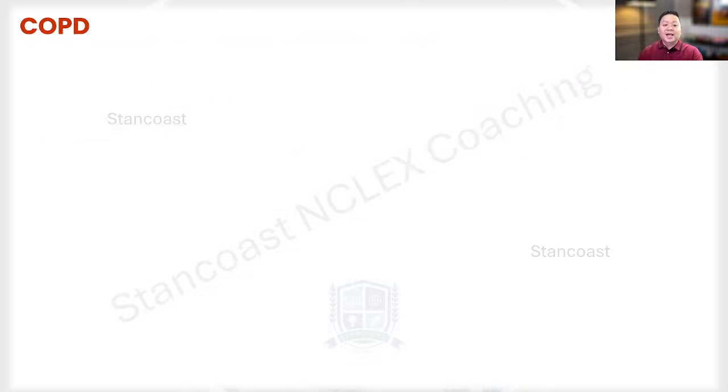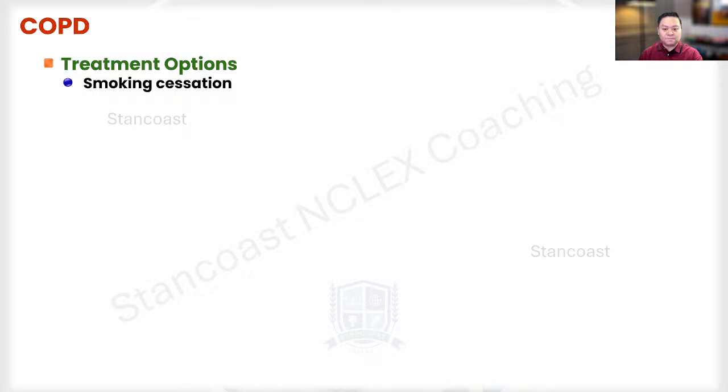All right, now we're going to talk about the different treatment options. And this is standard for all COPD patients, okay? So again, I really want you to put yourself as the primary nurse taking care of this patient. So here are the treatment options. One of the treatment modalities here is smoking cessation. This is very important. Quitting smoking can really slow down the progression of COPD, and it can improve the patient's survival rate. Although it doesn't completely reverse the lung damage, it can help.